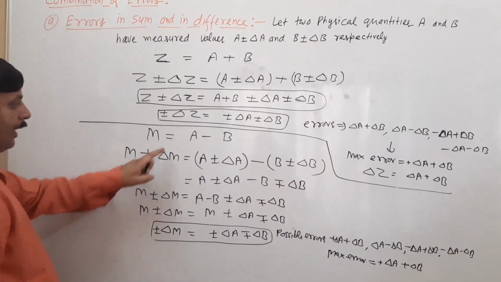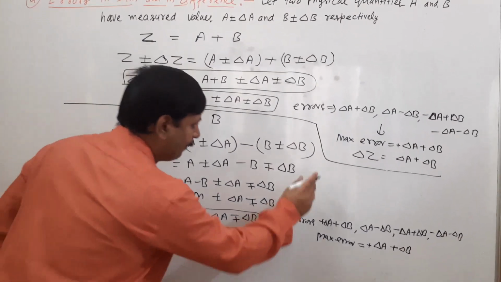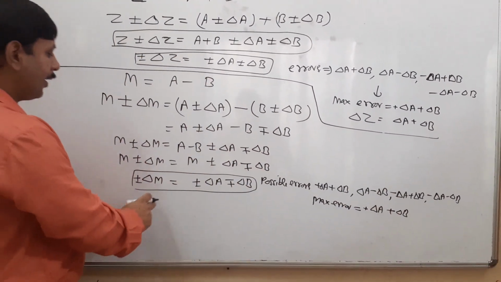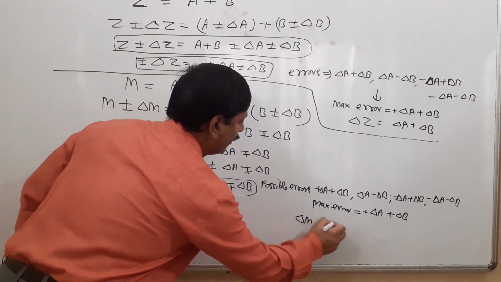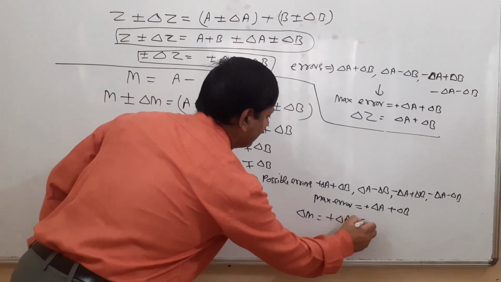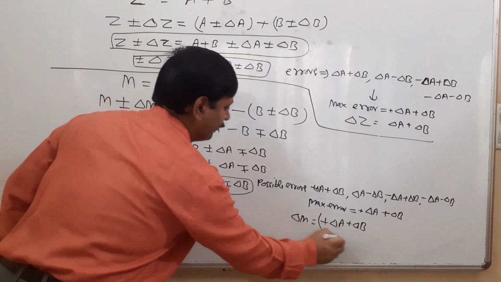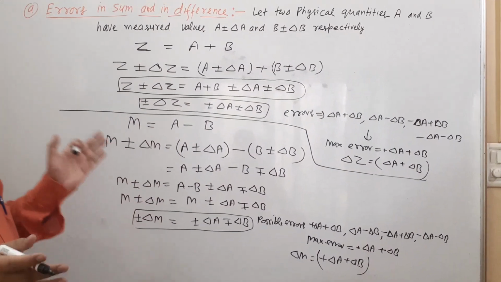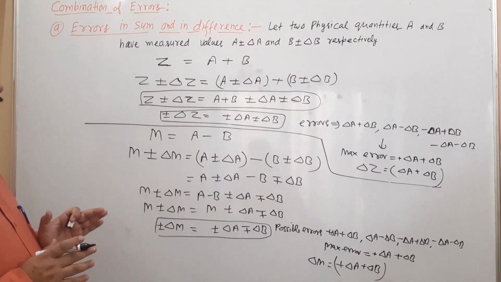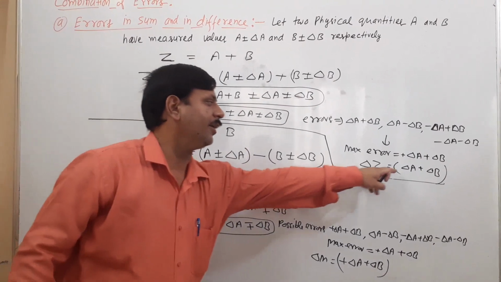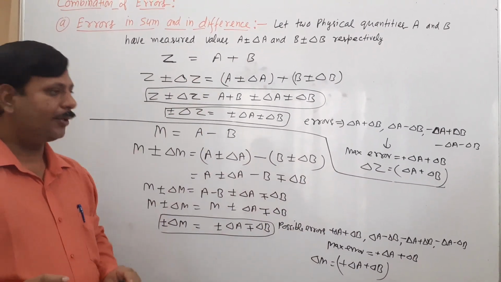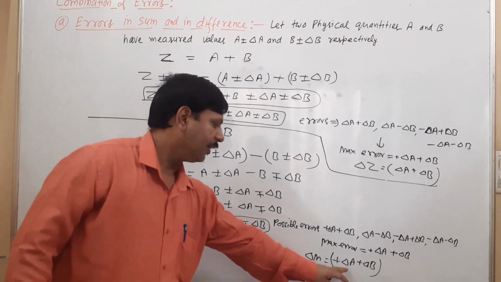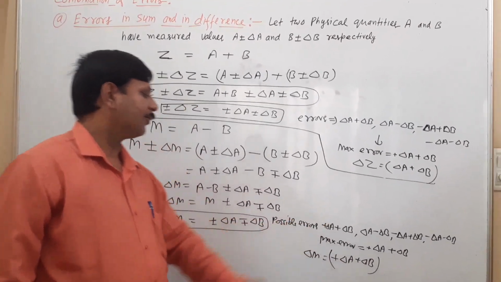Here in the difference, what will you see? What will be the maximum error? The maximum error is also del A plus del B. Here also del M is equal to del A plus del B. In both cases, if a physical quantity is the sum of two physical quantities, then the maximum absolute error is the sum of the two absolute errors. When a physical quantity is the difference of physical quantities, in that case also the absolute error is the sum